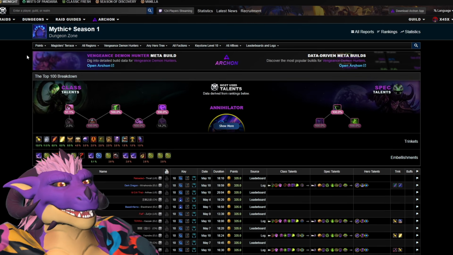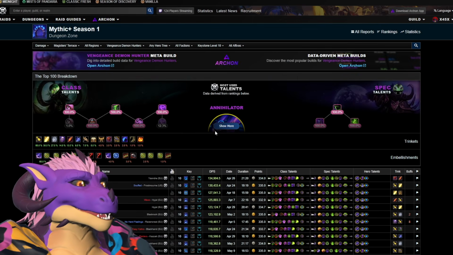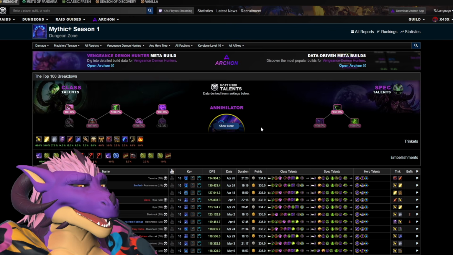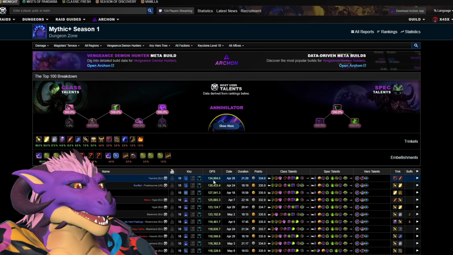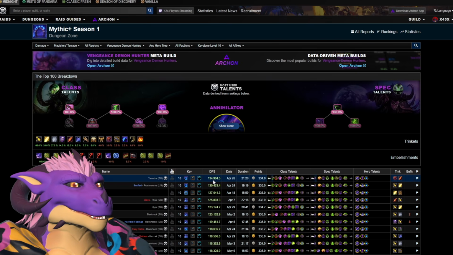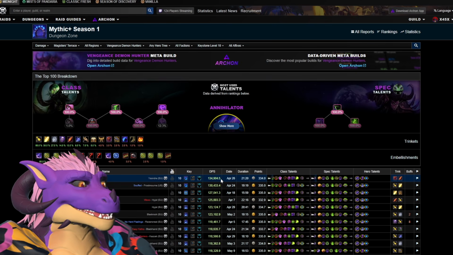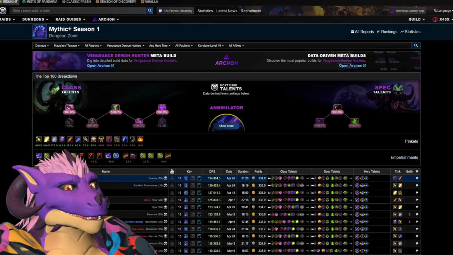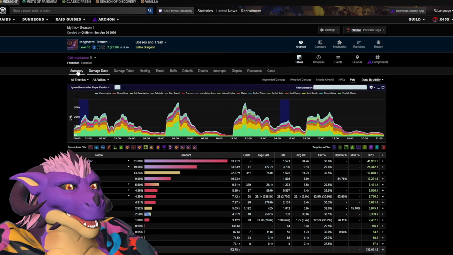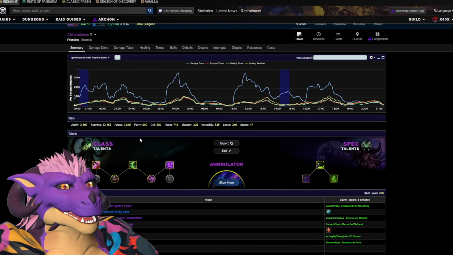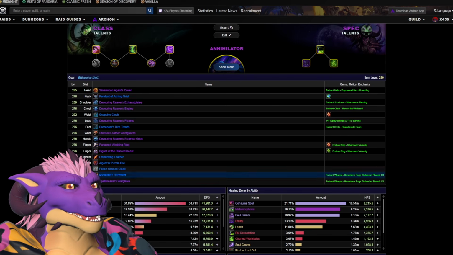Here I can start to see numbers in 10s. Now, when it comes to cross-referencing, here's another problem for tanks. This happens with all specs, but tanks really get this. Are you supposed to be doing 134,000 DPS as a tank right now on Vengeance? No, I'll tell you right now, most Vengeance are not pulling this in their 10s. These are probably extremely strong players, and it doesn't take much to look at one of those players to get a sense of, yeah, they have quite a lot of gear on them, right? A lot of their gear is super strong.